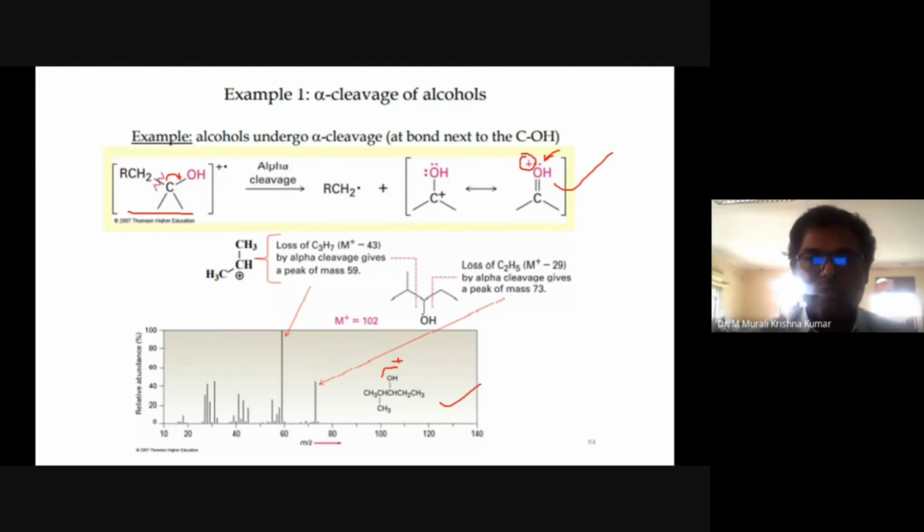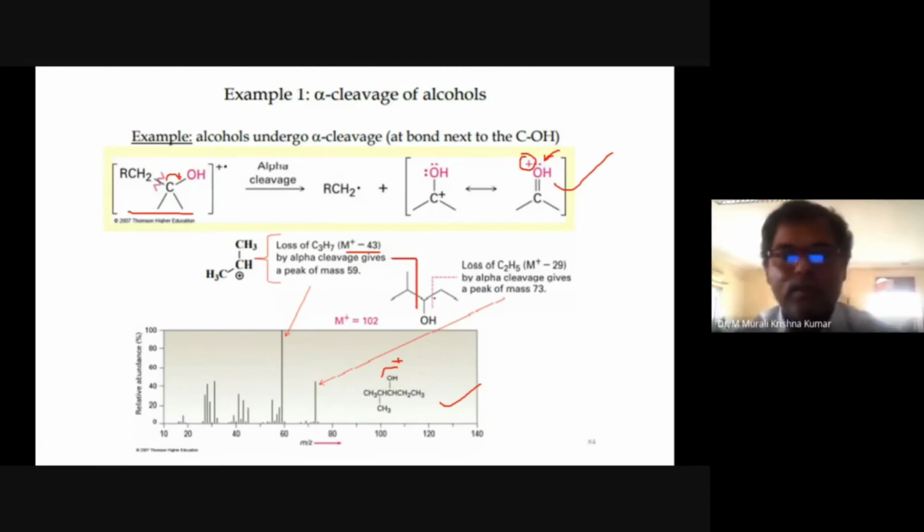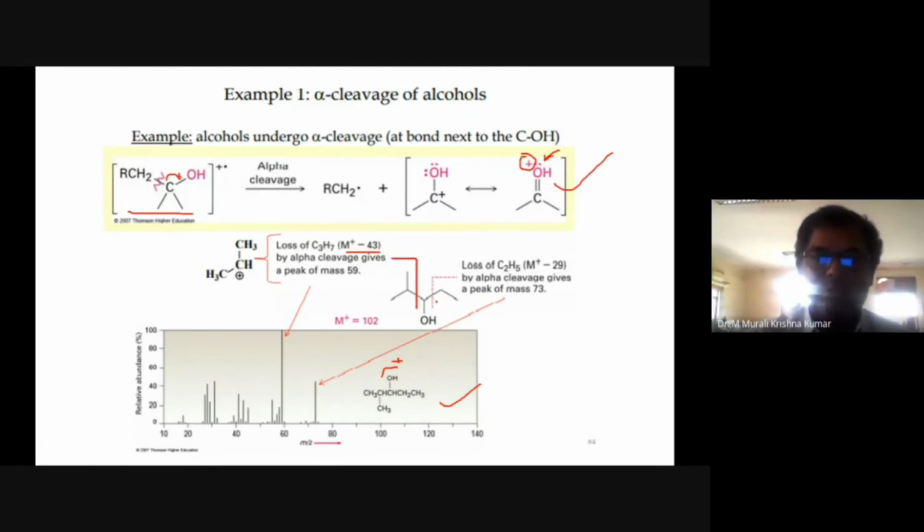Here you can see this type of cleavage is creating M minus 43. 1, 2, 3, these three carbon species, because here you can see 1, 2, 3, 4 atoms are coming on the other side. So if you apply Stevenson's rule, bigger fragments are easy to form. In this way, the M minus 43 ion is going to be formed. This is the fragment that is going to be generated.